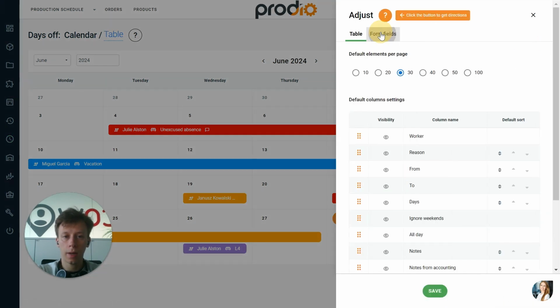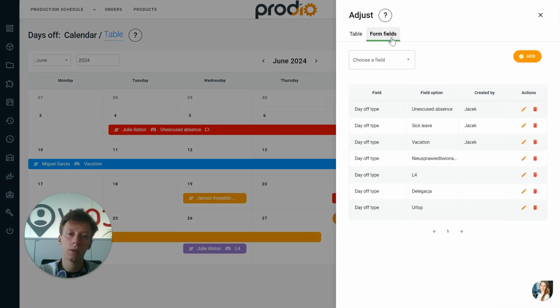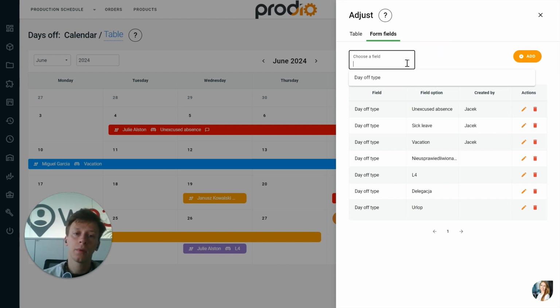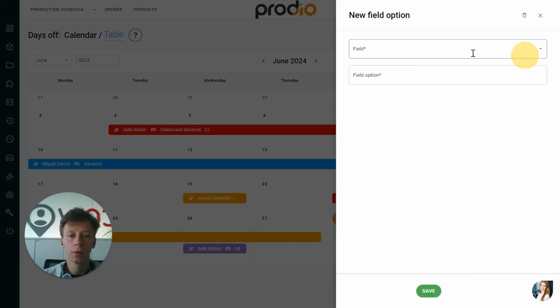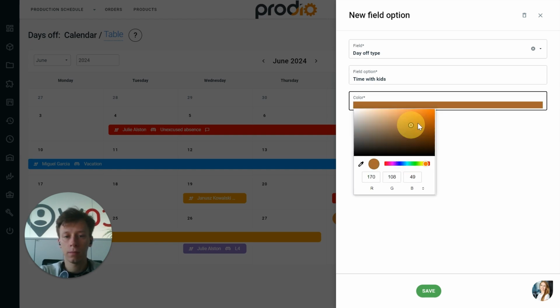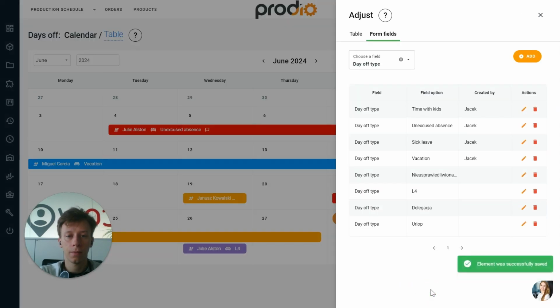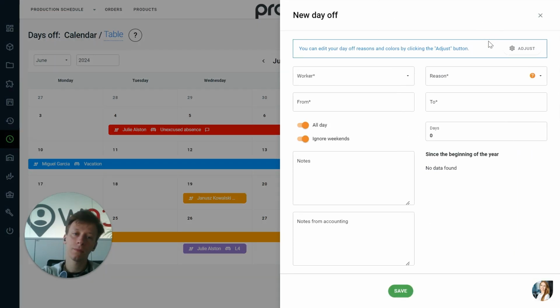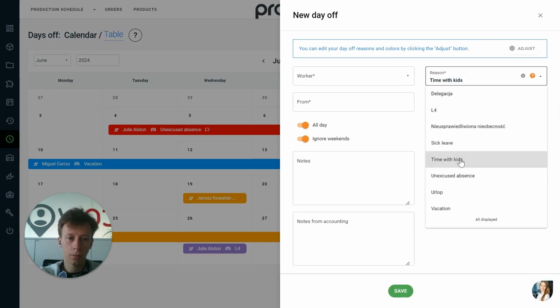You can also adjust, and we have this additional option, form fields, where you can add a new type of day off, like for example, let's say, I don't know, time with kids, and here you can choose a color, then you just click save, and now you have this option, and when you add a new day off you can choose it from here,